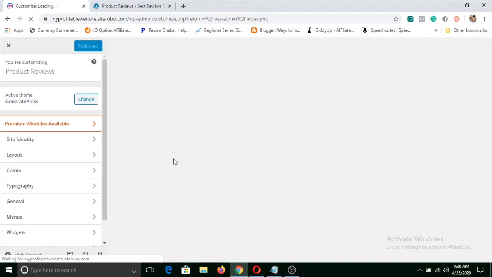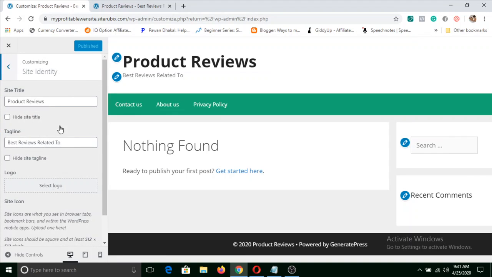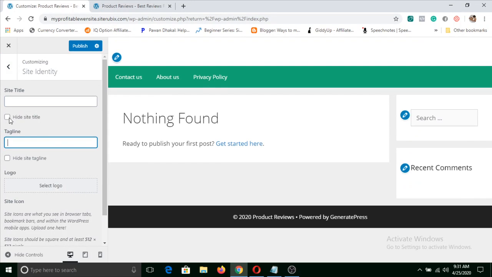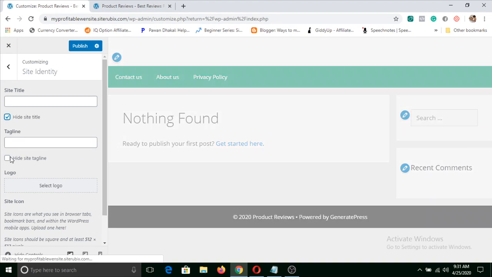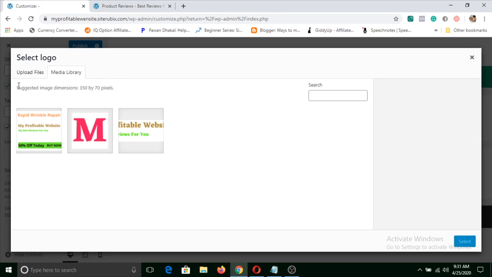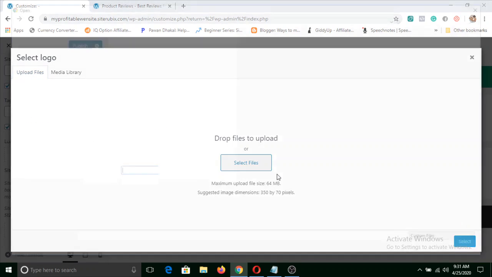Once you click on customize, then you should click on site identity, and you can simply remove this, and hide site title, hide site tagline. Tick on these two and click on select logo, and you can click on upload files and select file,